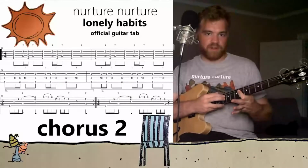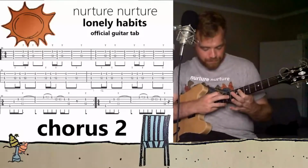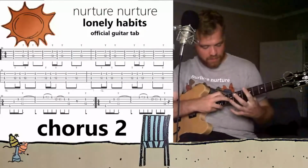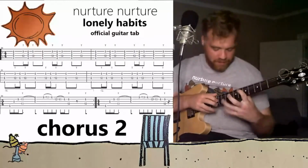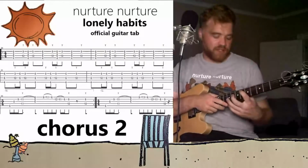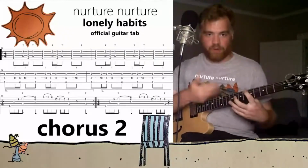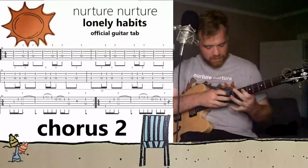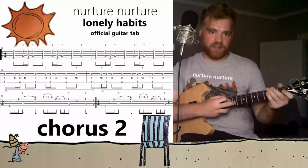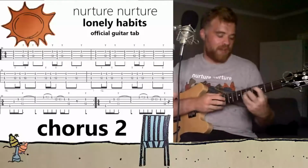Then we're going to tap the 10th fret on your D string, 9th fret on your B string. And I do a slide there because I'm a rock star and rock stars do slides. And then you do another tap before going back into the chorus. And it's that same tap that you just did, the 10th fret and the 9th fret. And then we'll go back into the...